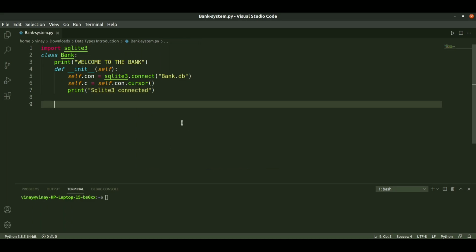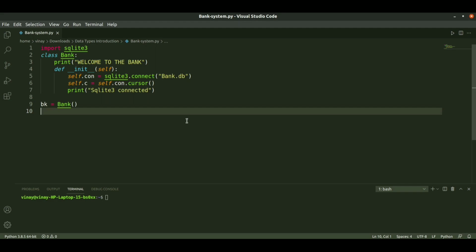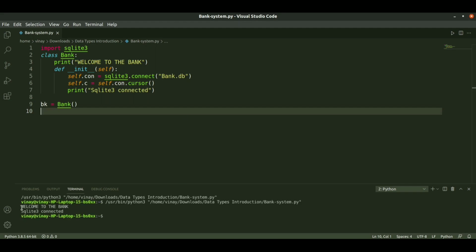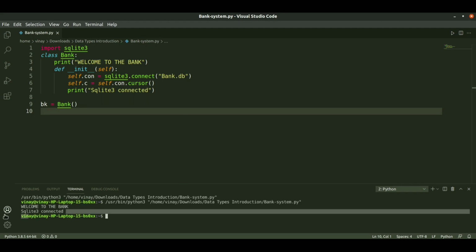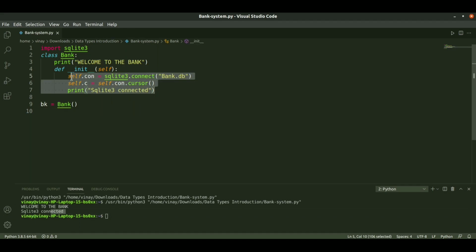When we run, we will get just the welcome to the bank, because we did not call this bank. So now we will call the bank as bk equals bank. Now when we run it, we will get the message welcome to the bank and SQLite 3 connected. So we successfully executed this connection. I remove this.